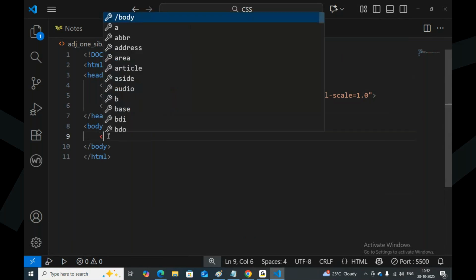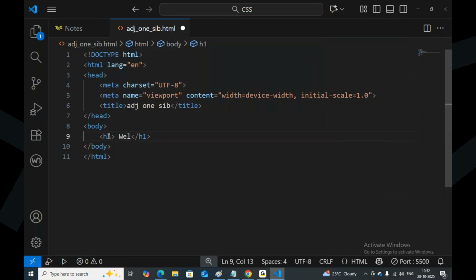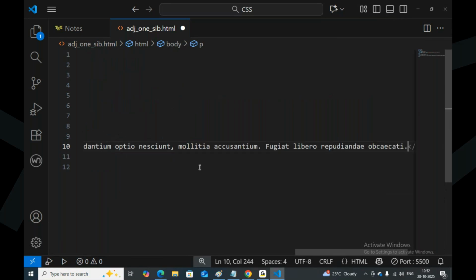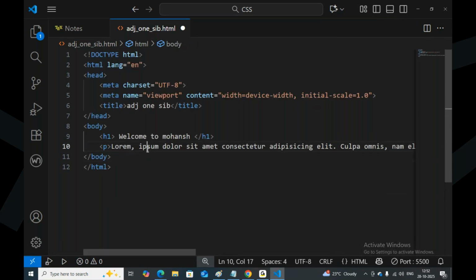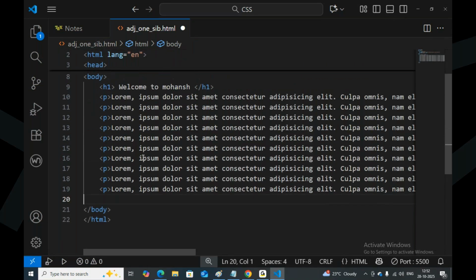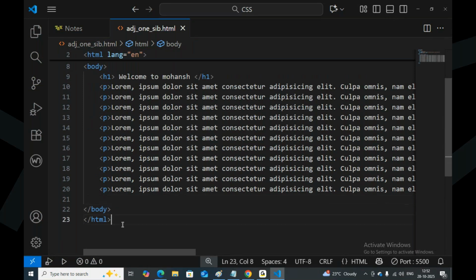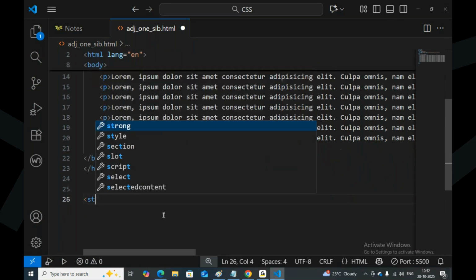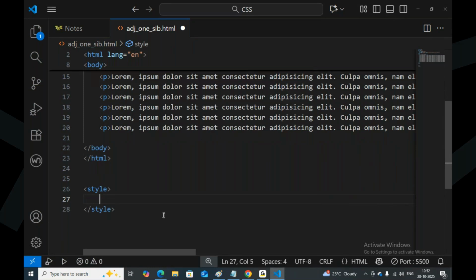Okay. Let me have the H1 first. Welcome to Mohansh. After that, I'm taking n number of paragraphs. First paragraph. This is the first paragraph. I want to take multiple paragraphs, sir. Now the style, wherever you want you can write it. Style is not a problem. Wherever you want you can write it. After the H1